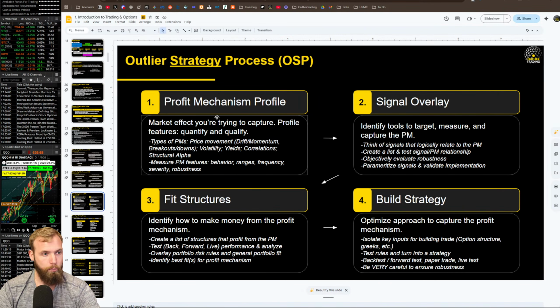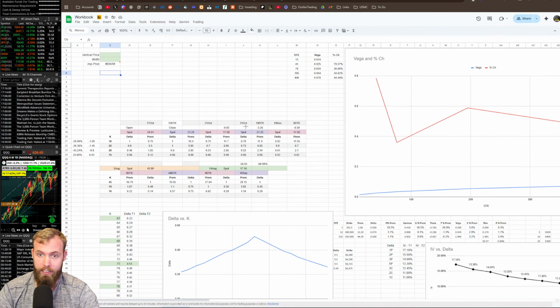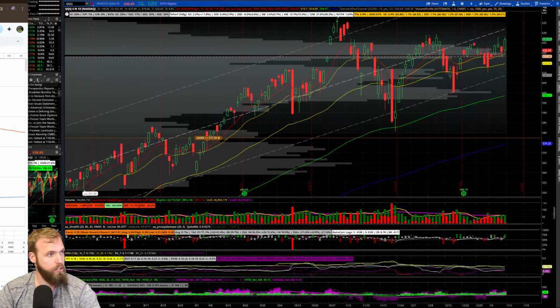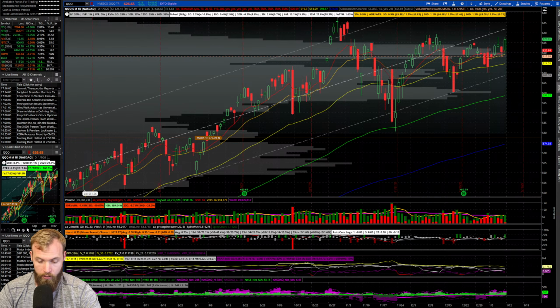But the most important part here is the profit mechanism. The profit mechanism with the vertical spread is not a vertical spread. If you watch that video that I posted earlier, you'll actually find the majority of vertical spreads are literally negatively expectant. That means by themselves, they're going to lose money. And again, you should never take my word or any internet person's word for anything. You should be able to validate it for yourself. Let's validate. If we look at, we're in Qs, so we'll just stay in Qs. I'm going to move this off to the side really quick, and I'm just going to track how much we can win